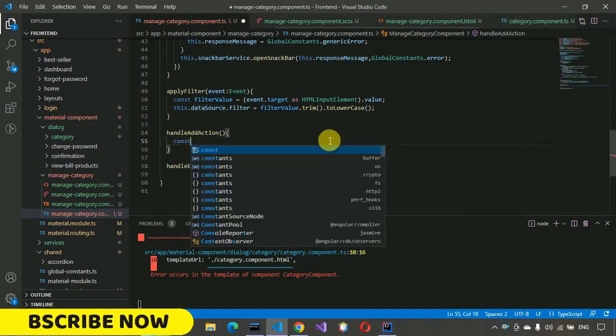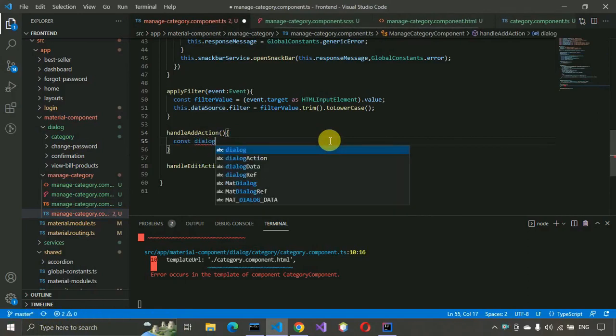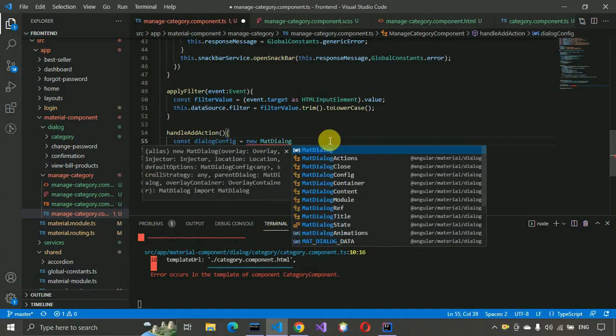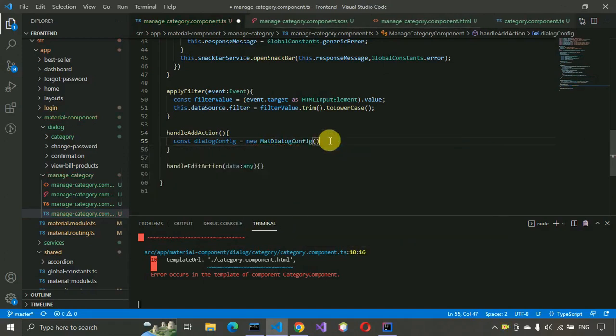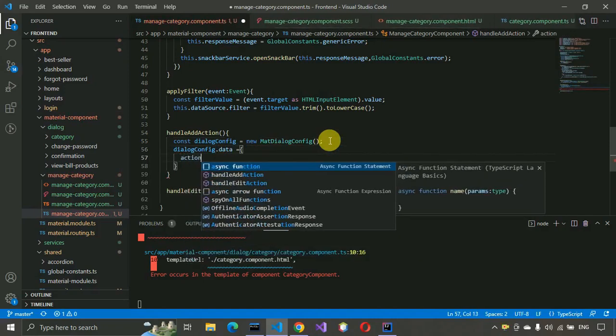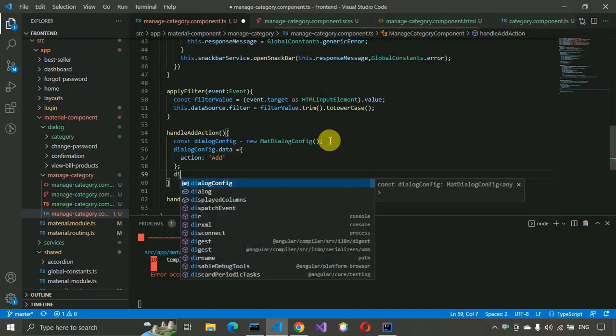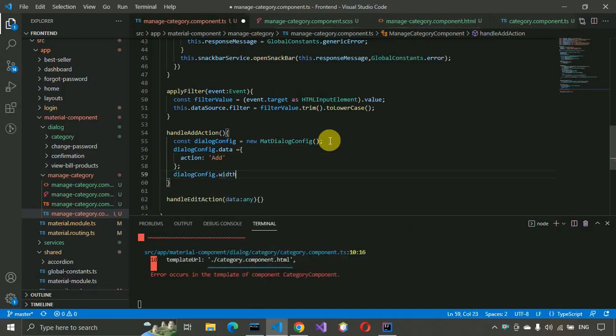So const dialogConfig is equal to new MatDialogConfig, and dialogConfig.data, the action, and this will be add, so I'm going to write add only, put semicolon, dialogConfig.width is equal to 850